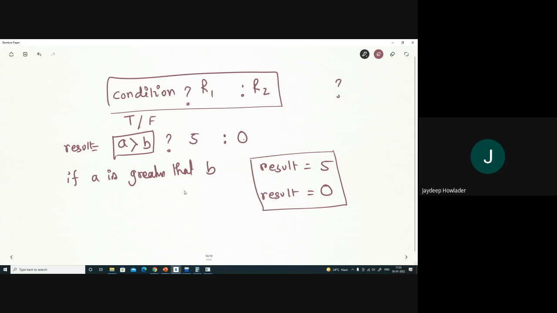So we have a question mark followed by a colon. This is a condition. This is the return 1 and the return 2. Okay. So you may think of this type as a shorthand notation of if else. Okay, sir, I can always use if and else. But if you want this shorthand notation, you can use it. This is a ternary operator. We very rarely use this one. But if someone uses that, you should know what is the meaning of that.